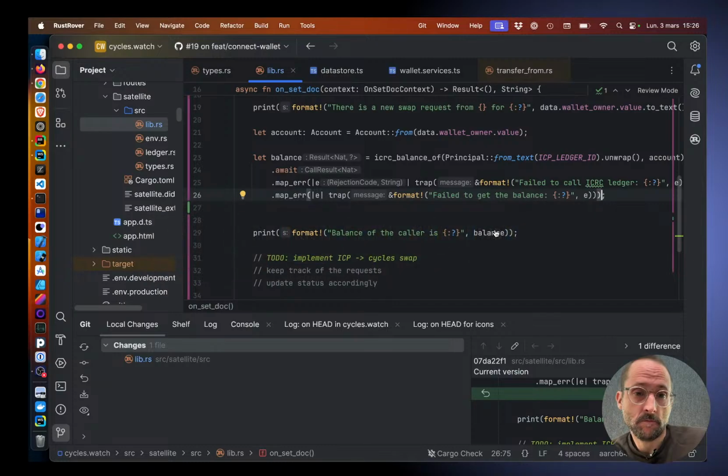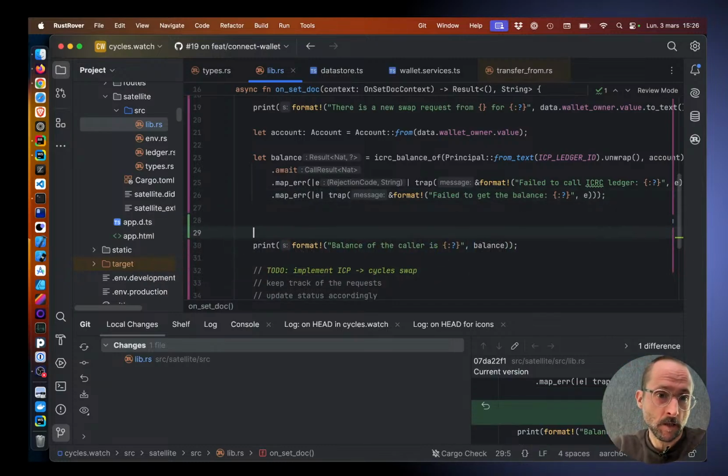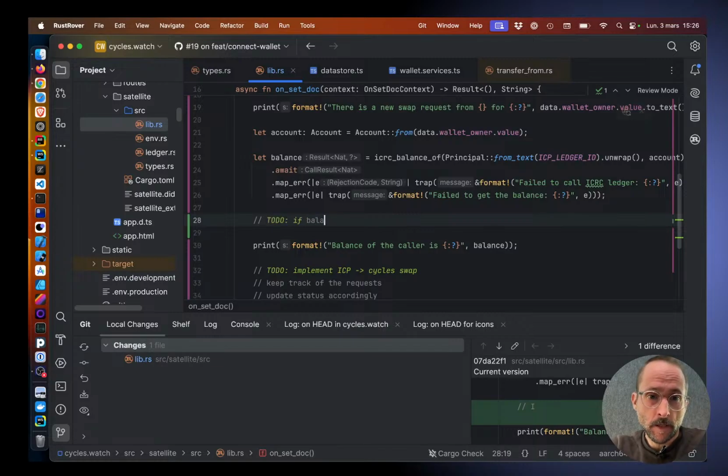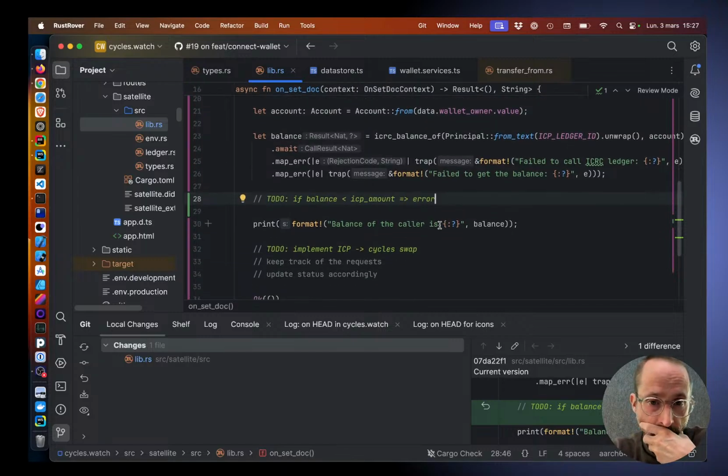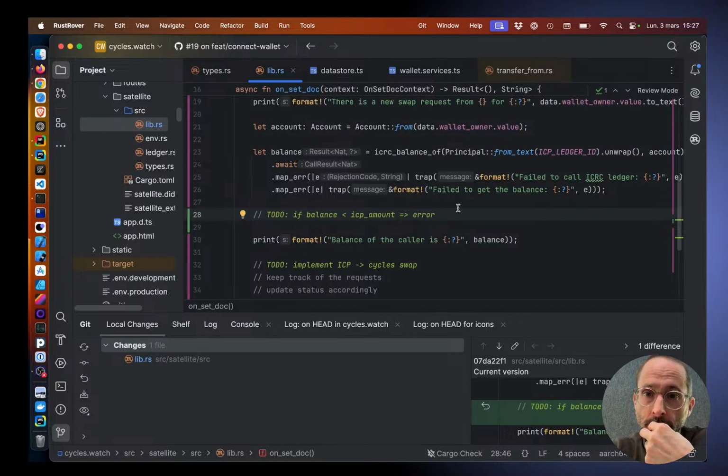Maybe we can do it later, but having something like if balance is smaller than ICP amount, then we already know that we cannot do anything. But yeah, you can do that later. So let's try to